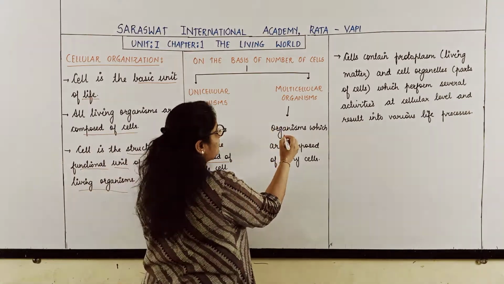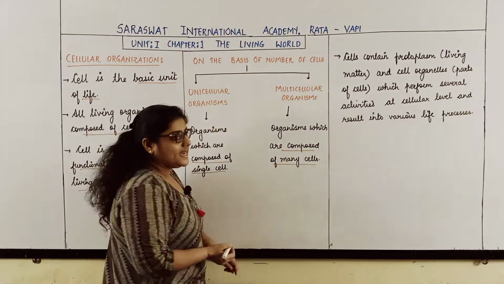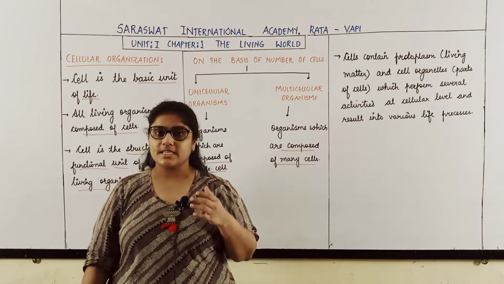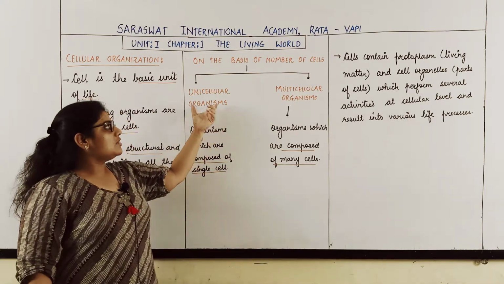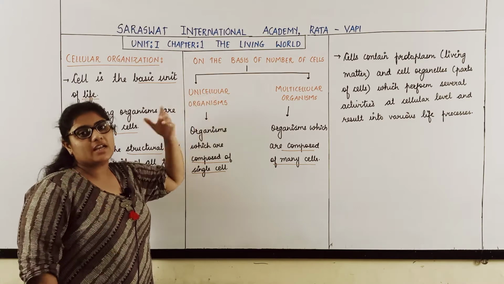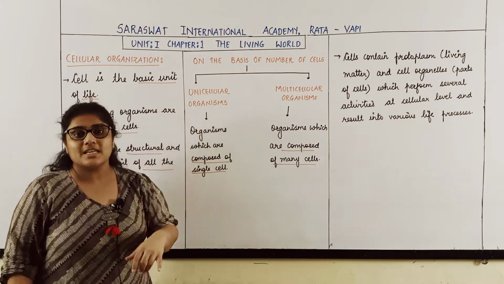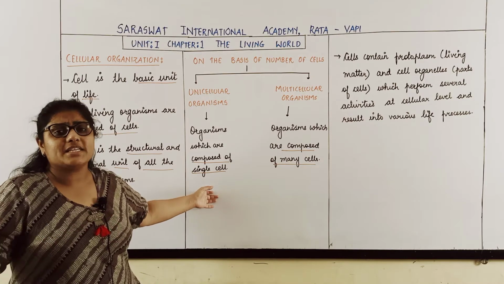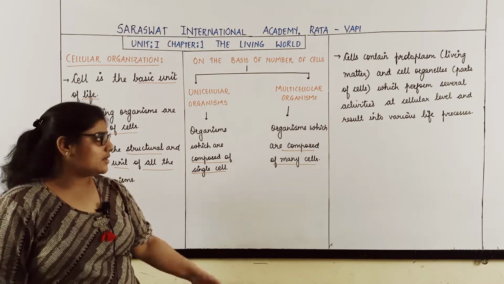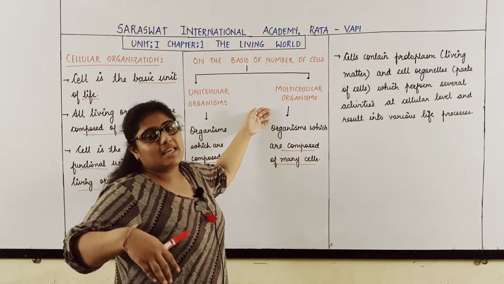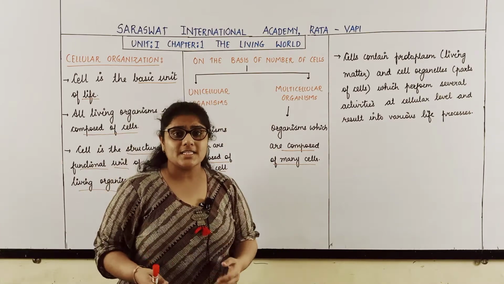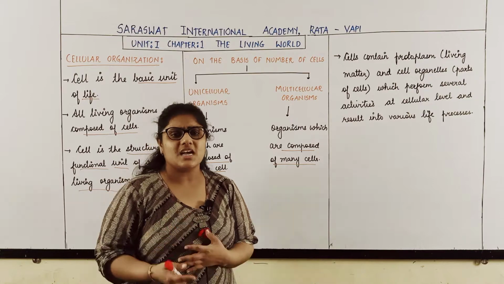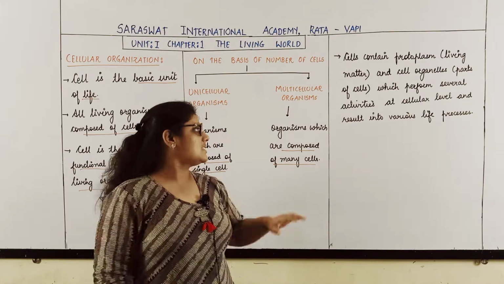Next one is multicellular. Multi means many. So those organisms which are composed of many cells are called multicellular. Here you can break the word into 2. Unicellular: uni means one, cellular means cell. So those organisms composed of a single cell are called unicellular organisms. All the bacteria are unicellular organisms. Multicellular: multi, many, cellular, cell. So those organisms made up of many cells are called multicellular organisms. Human beings, tiger, plants, mango tree, etc. are examples of